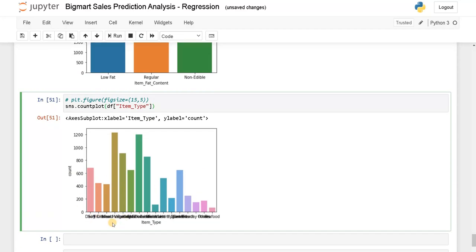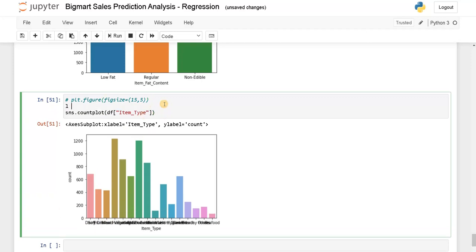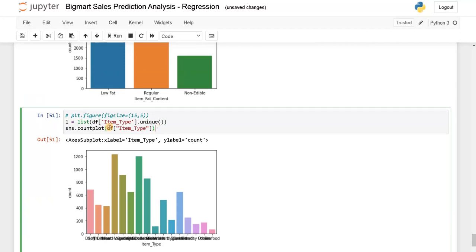In order to display this label in a vertical manner, we will get the unique labels from this. Let's say L equals df of item type dot unique. Let's change this to list. Now let's assign this to a chart variable.